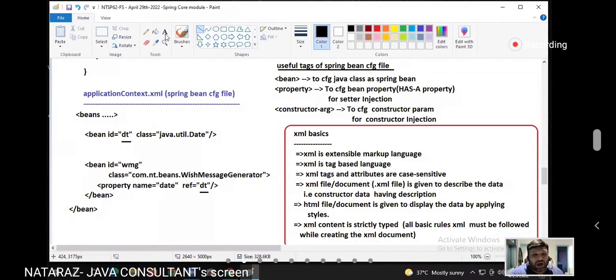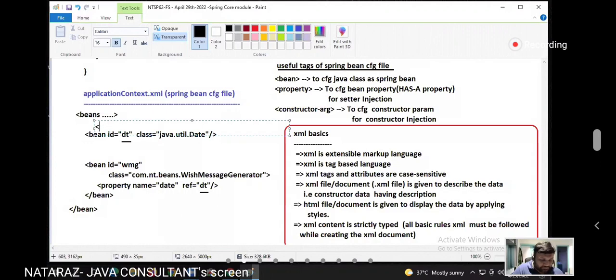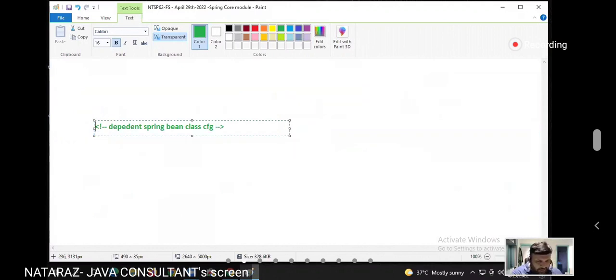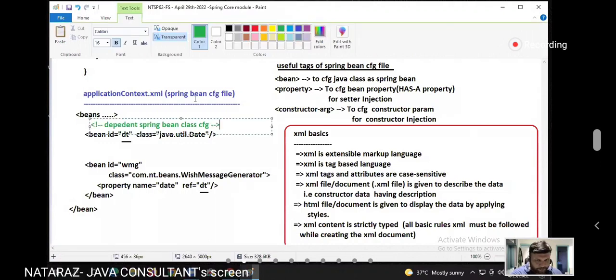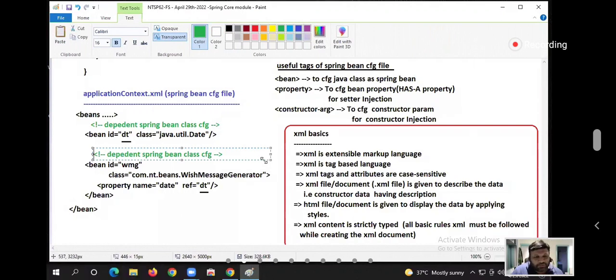So how to write comments in an XML file, guys? Same as HTML comments. What is this, guys? Dependent Spring bean class configuration. Next, target Spring bean class configuration.